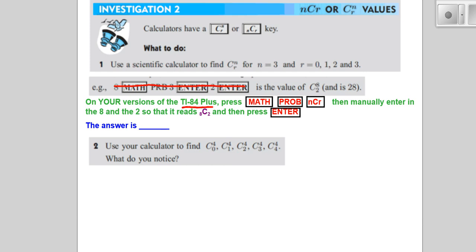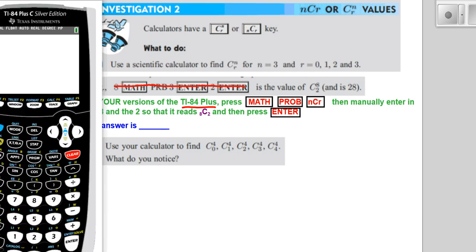On your versions of the TI-84 Plus, if you haven't discovered it already, you might find another way to get there too, because remember on your calculators there's often multiple ways to get to these particular values. Let's open up the calculator. So one way is to go